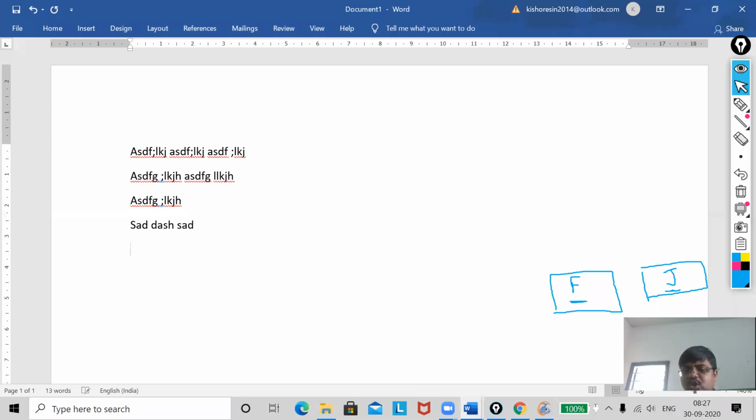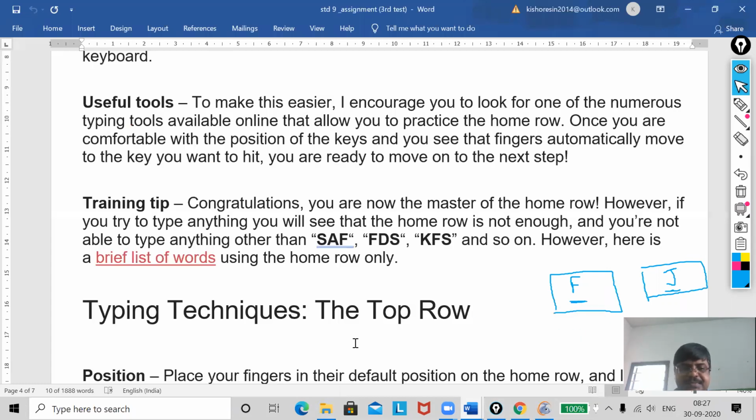So in such a way you have to practice, so that you will be competent enough to handle the keys of the keyboard very nicely. Understood? And your typing speed will also be fast, my dear.